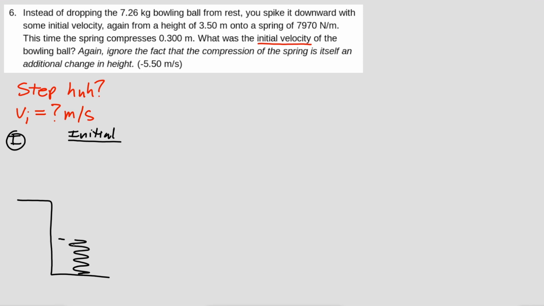We're some height above a spring. So there's the spring. There's the platform on top of the spring. This bowling ball is going to land on something. So here's us. Here's the bowling ball. We're spiking it down. We're giving it some initial velocity. So there are speed lines. This is what we're actually looking for. V initial is question mark something